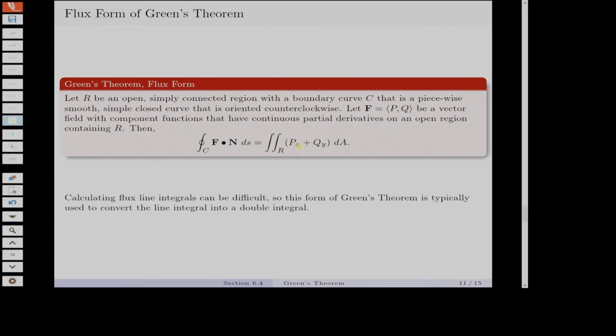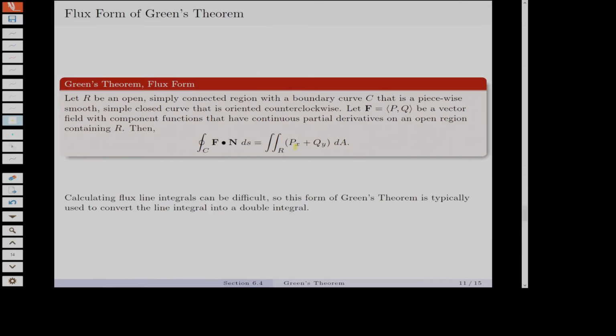So that integral ds is the double integral, and it's kind of the same, but things are rearranged a little bit differently. Okay, instead of qx minus py, we still have these first partials, but they're not cross partials anymore. It's px and qy, and they're not subtracted. Okay, so you can think of it, now we're working sort of perpendicular, or what we're computing is sort of perpendicular to what it was before. So we flop the x's and y's and throw a negative on it, right? Okay,